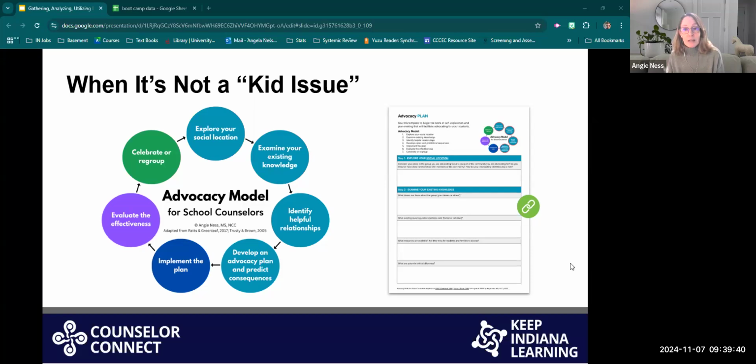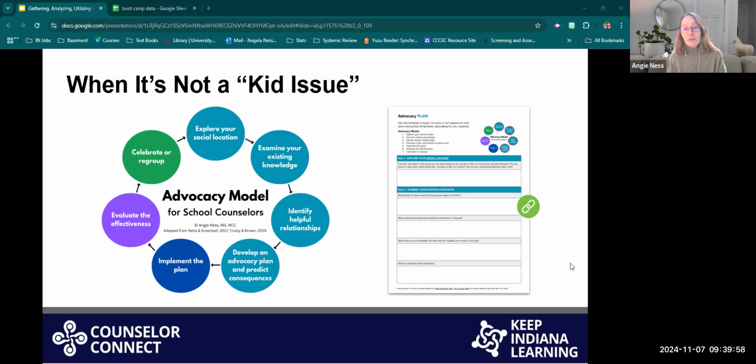Once we think we have a good handle on ourselves and the people that we're trying to advocate for, we have to find those helpful relationships. Advocacy is a tough job, especially when people don't want to listen to what you're saying. So you want to find some allies, find some people that can either support you or can work with you and do this work